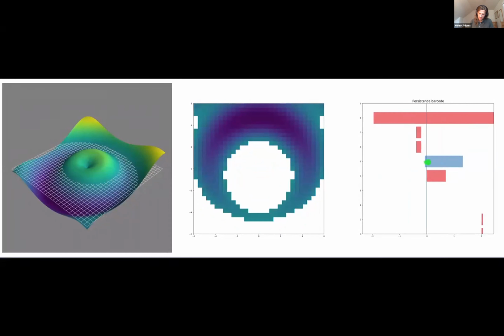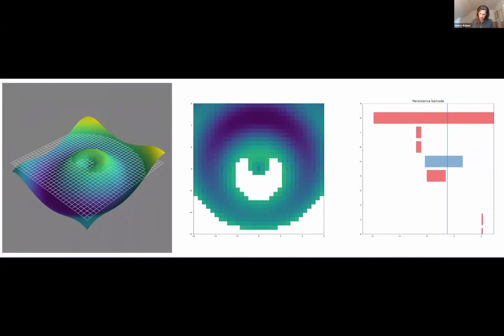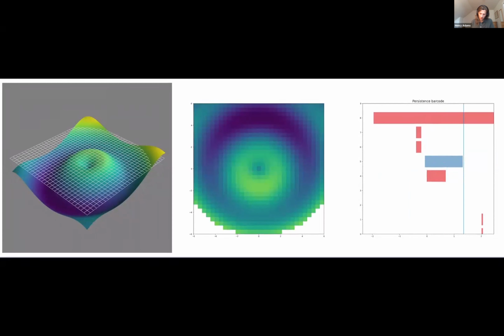The blue bars encode one-dimensional holes. So this blue bar is encoding this one-dimensional hole. We get a new connected component here. It merges to what we had before. So that interval ends. And eventually when the hole fills in, that's when this one-dimensional bar ends as well.